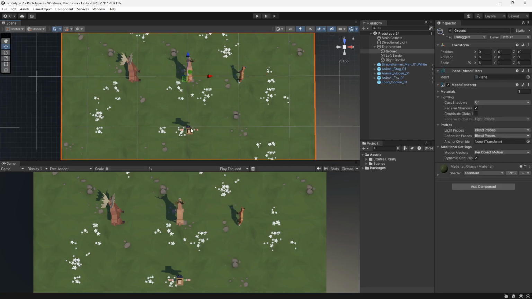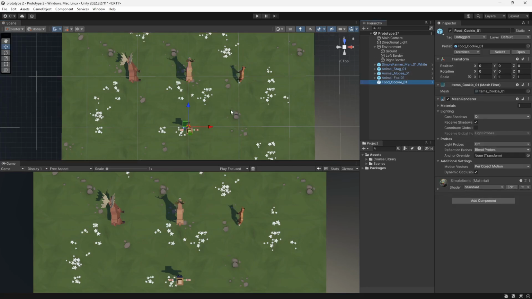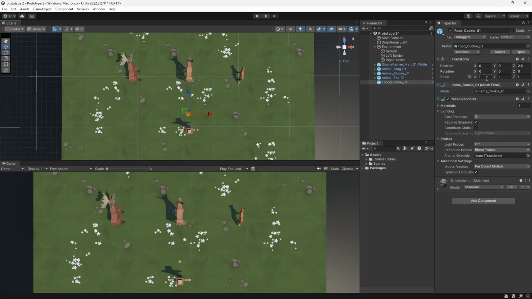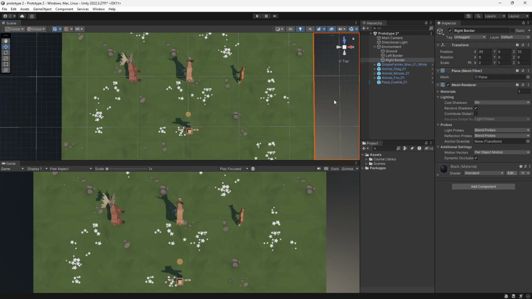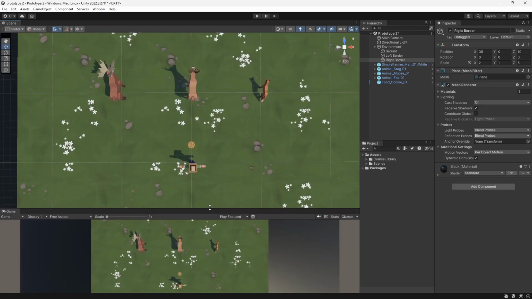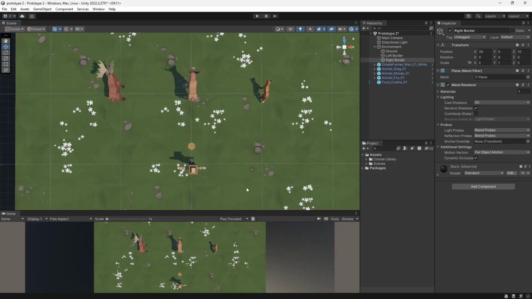There we go. And then we got to get our cookie. So select the cookie. Put the cookie like 2.5 forward. And that cookie is tiny. Yeah, we're gonna have to scale it up. 2, 2, 2. All right, that looks fine for now. We might end up making it look bigger. I'm not sure. I'm also gonna shrink that game view because we're probably not gonna need it for a while,